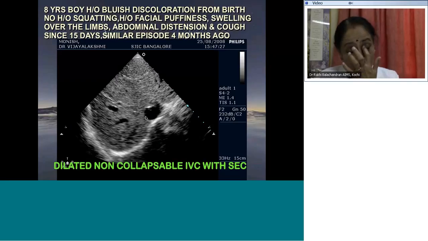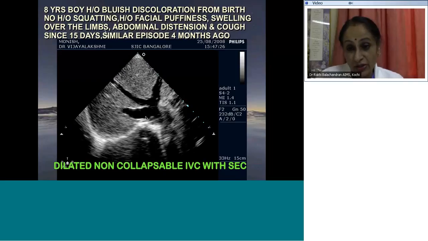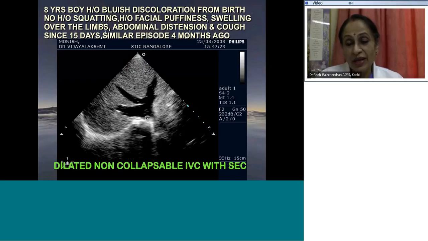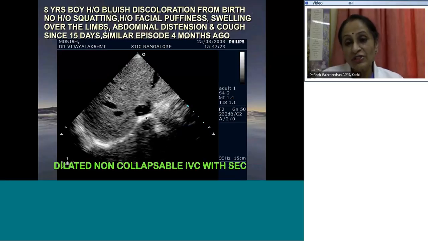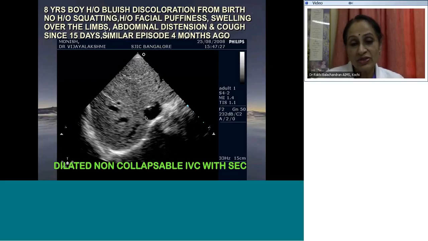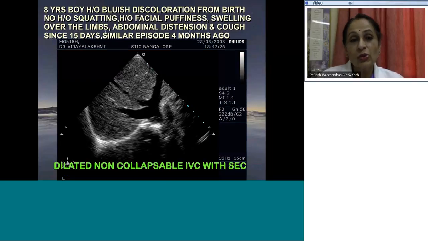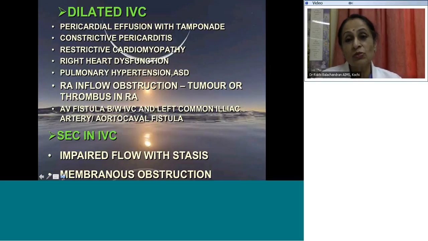Okay, if you are not able to make out, whenever you have a dilated, non-collapsing IVC, it indicates that the pressures are very high, right-sided. Because of the stasis, you get a SEC, that is a spontaneous echo contrast. Once you have a spontaneous echo contrast, you must suspect that there is a stasis and the flow is not smooth. So whenever you have a dilated IVC, you must suspect pericardial effusion with tamponade or constrictive pericarditis, restrictive cardiomyopathy,